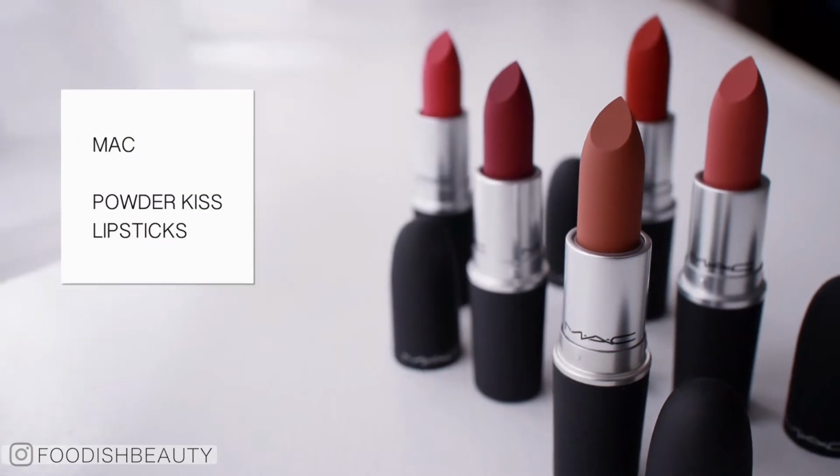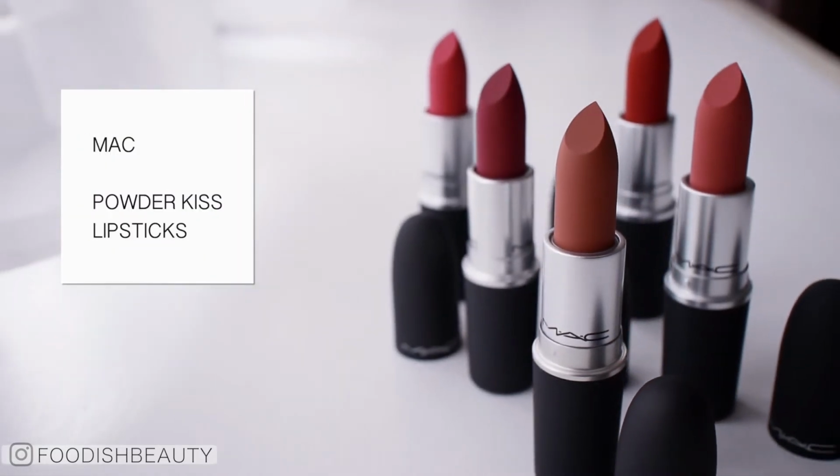MAC recently came out with their Powder Kiss matte lipsticks. The formula is actually very different compared to all of the MAC matte lipsticks so far. I would say these are the most comfortable matte MAC lipsticks to date. Oh my gosh, that was so hard to say. I think there are 16 shades altogether. I swatched them all in the store and I chose 5 in the end. I'm missing one right now, but hopefully I'm going to find that and swatch all of them for you guys